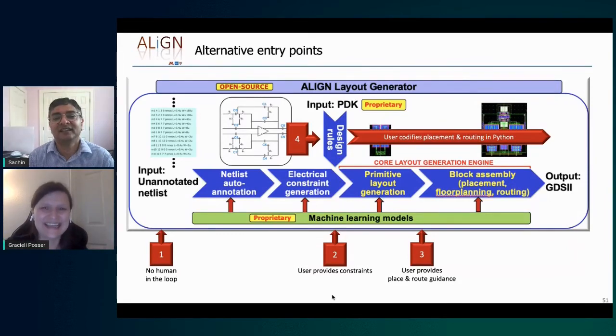That's very good. Yeah. So the background to this also is that all of this depends on funding. The original charter from DARPA for our project was that we should have entry point number 1. And that's the reason why our original attitude was to make it completely automated. But as we went through the project, we found that there was value to these other entry points as well. And that's why we're enhancing the flow to enable that. Mm-hmm. Yeah, no, that is very nice.